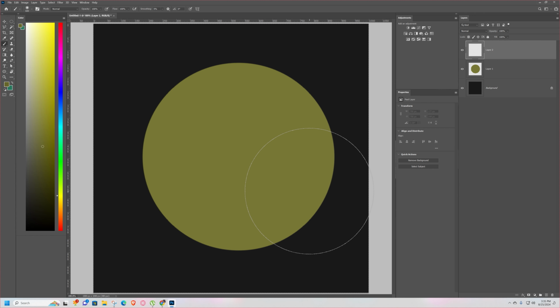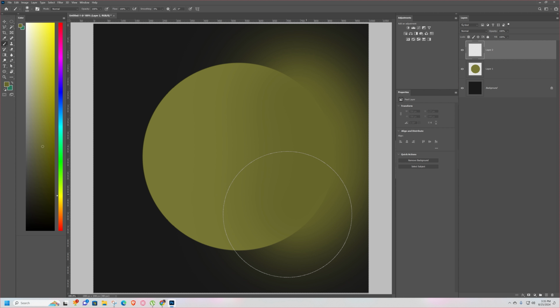So now what you need to do, you need to apply over here. But what is happening here? The color is also emitting on the outside of the circle, right? So that thing I don't want it to happen. So what I'll do, I'll just press undo, Control Z,